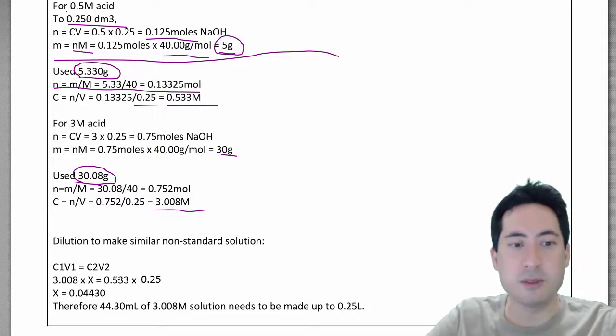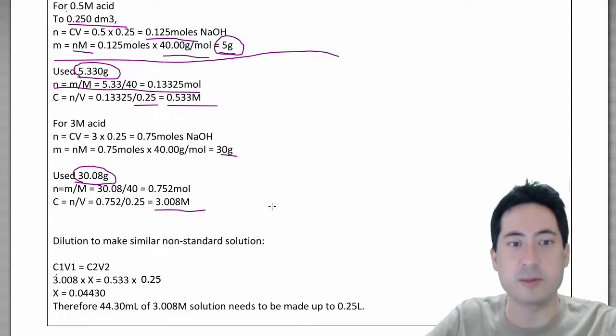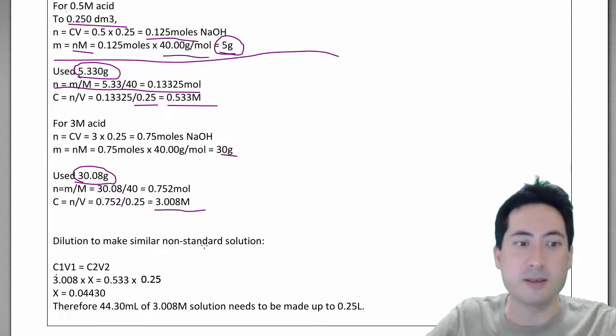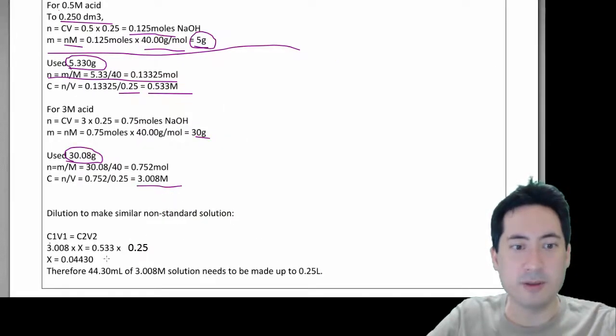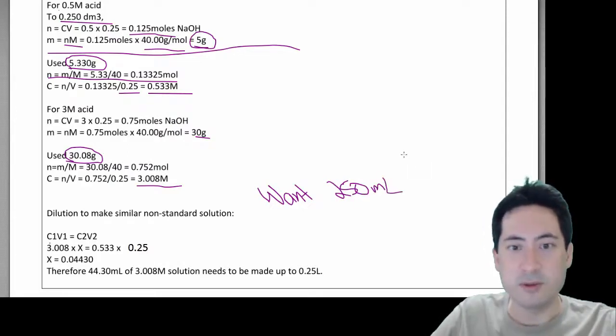So what you do here is you use this formula C1V1 equals C2V2, and what you're trying to do is to create a solution that is less concentrated from something that's more concentrated. And so in this particular situation I'm trying to get to this 0.533 molar solution going from 3.08 molar. So what I have here is I also have the volume I want. So what I want is I want 250 mils of